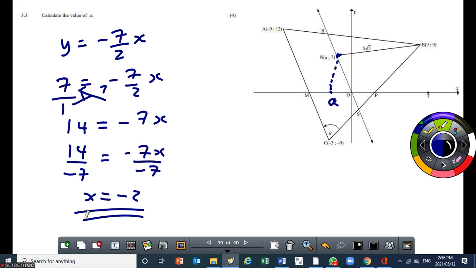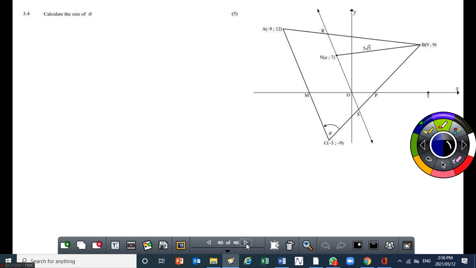Let's move on to the main one now. Angle of inclination. You need to calculate theta. Theta is that angle there. Now this one is 5 marks. It means there is a lot that you have to do. But before I do it, I just want you to be aware that